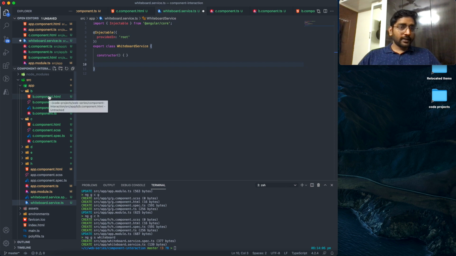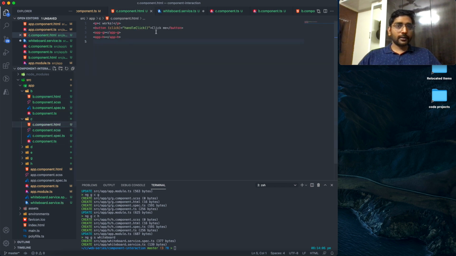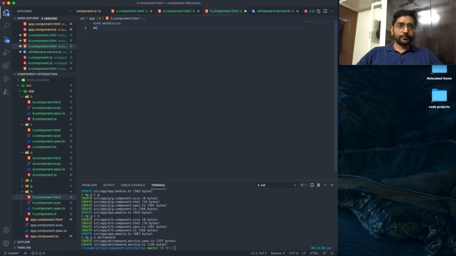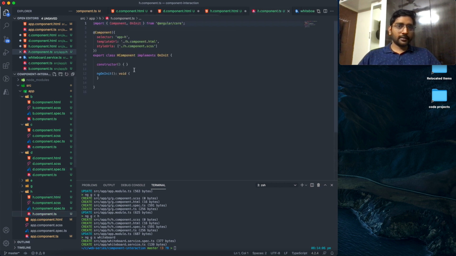Button should be inside D, and currently button was inside C. So let's say we'll remove it from here and move that button to D. So now button is present inside D, and output should be shown in, maybe let's say H, the end component, right? So this will have simply button clicked, and we will simply say this component to have a value button clicked,